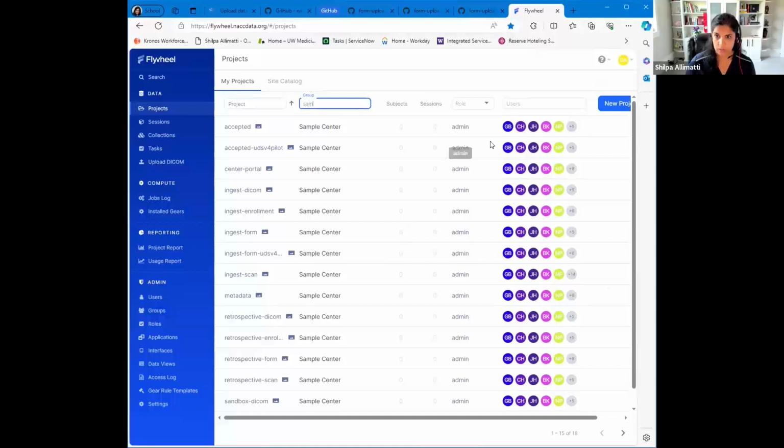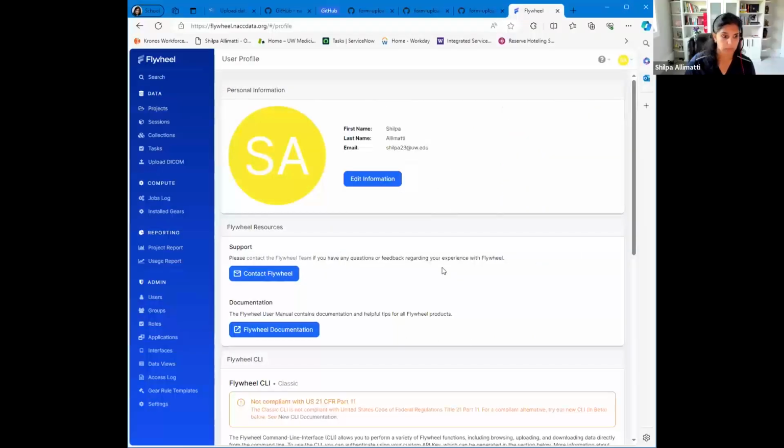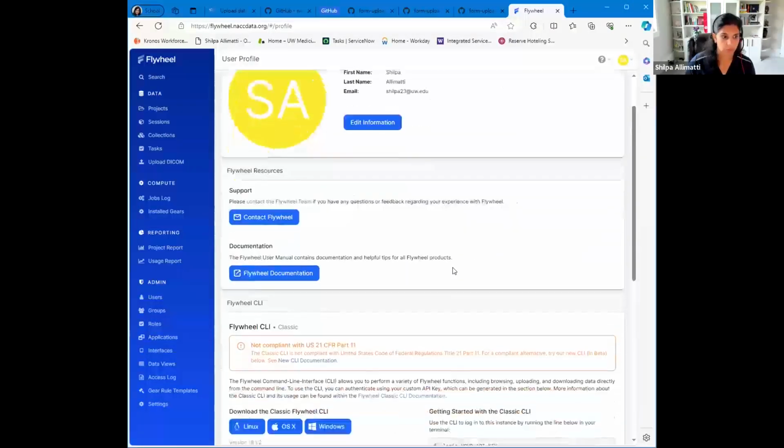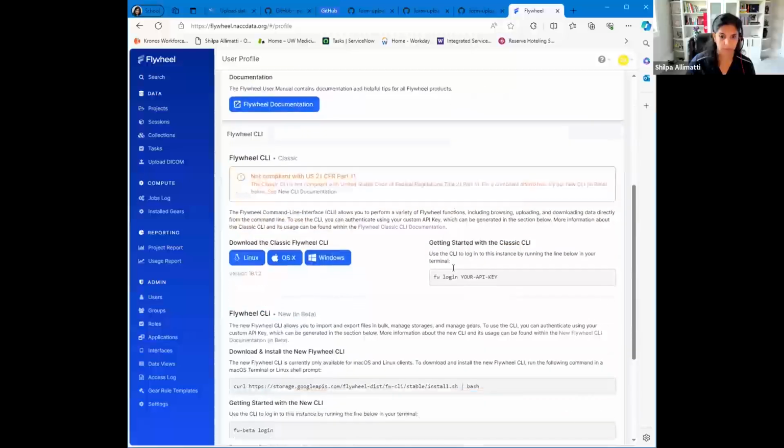I have access to a little too much, but your view will look different, so don't worry about that. What you do is on the top right corner where your initials are, you click on that, go to profile, and scroll all the way down to the bottom,